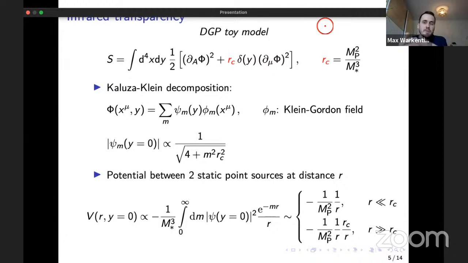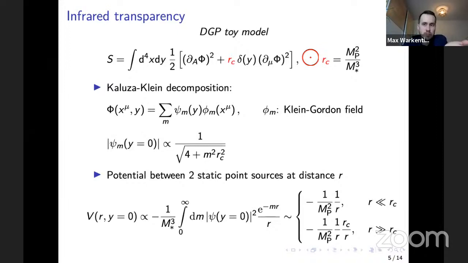because we only care about the particular pole structure of the propagator. So we can simplify our discussion by just considering this toy model, which is the massless scalar field with this localized curvature term on the brane. Now we can perform this dimensional reduction by just expanding the 5-dimensional scalar in this way. So we have here these 4-dimensional Kaluza-Klein modes, and they are weighted by these mode functions, and one can solve for them and find this